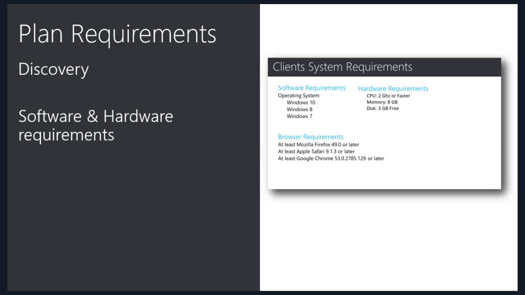Also, throughout the workshop, remember to discuss the hardware and operating system requirements for Office deployment as well. Note that Windows Vista or Windows XP are not supported for Office 365, Office 2016. If you have some business units that are using those legacy operating systems, make sure that you create a remediation plan for those computers during the workshop.